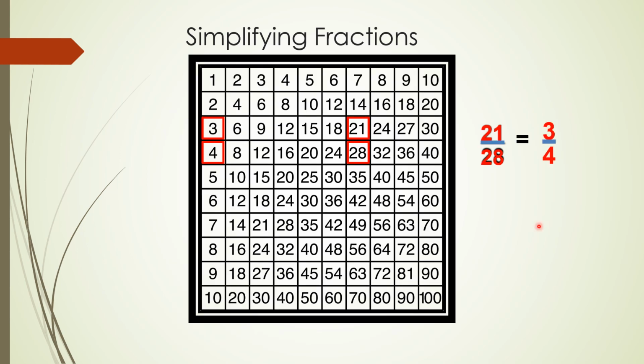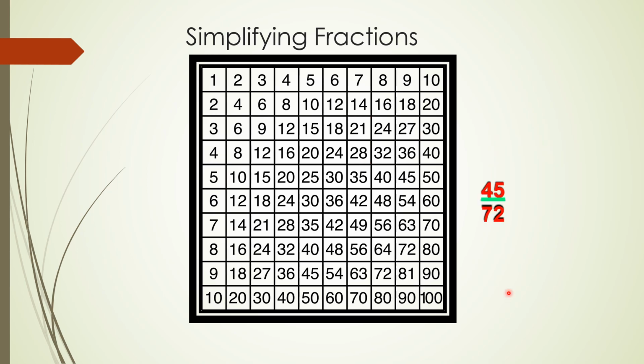So 21 by 28, finally we have simplified it to the reduced fraction 3 by 4. As simple as it is, see 21, go towards the left hand side corner, just see the number, visualize it and you can write the fraction. But ensure that the numerator and denominator are in the same column. See, you have 21 here, but if you search, you don't have 28, so we will not consider this column. In this column, we have both 21 and 28, one below the other as numerator and denominator.